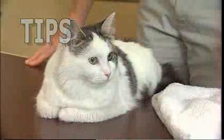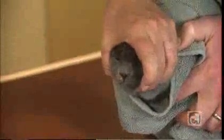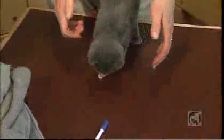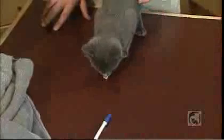Keep the sessions as short as possible. Most cats dislike being restrained more than they dislike the actual medication itself. Working quickly goes a long way to ensuring success. Remember to reward your cat afterwards with her favorite treat or toy. Positive reinforcement will make it easier the next time you need to give the